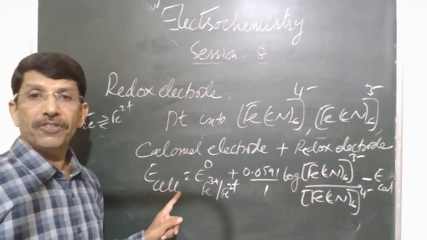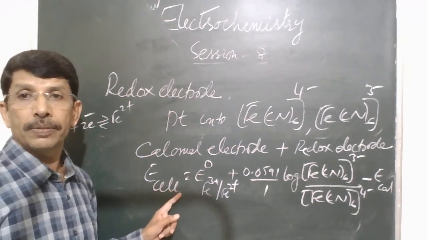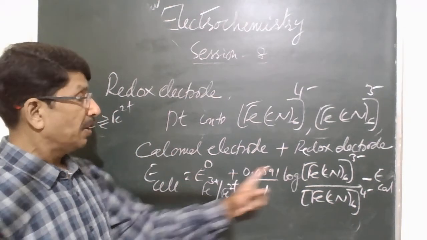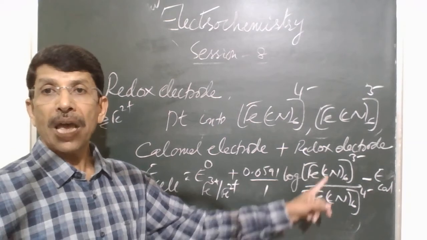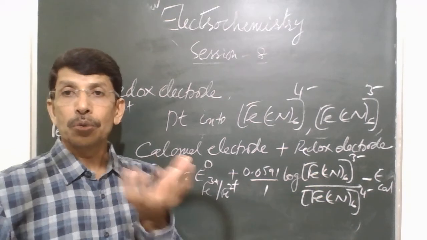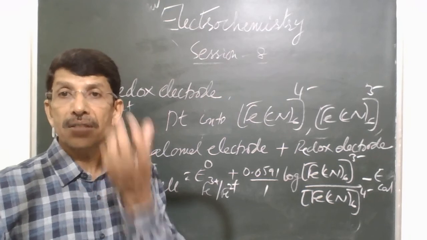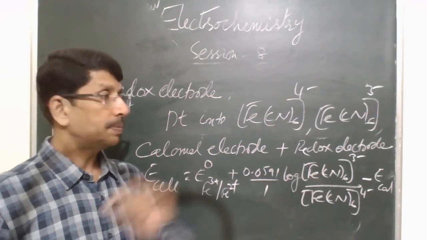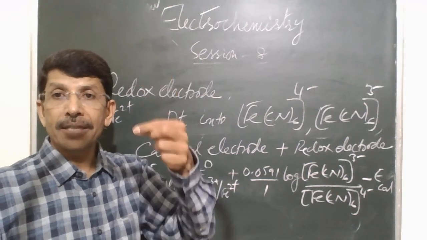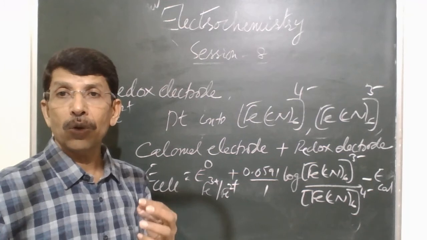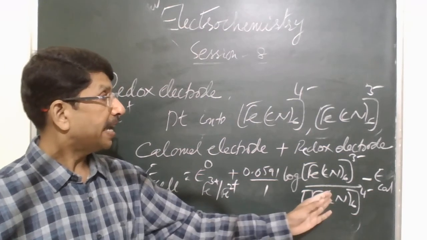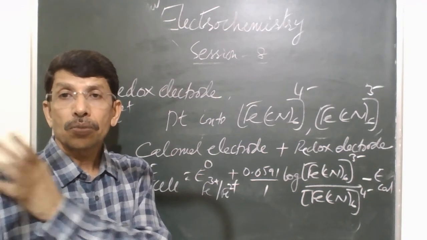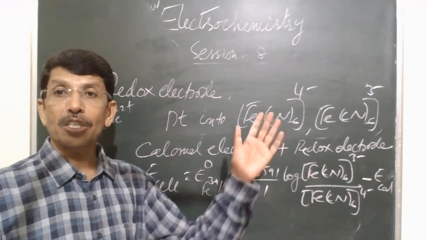So this is the expression for EMF of this cell, made up of a redox electrode and a calomel electrode. So when you look at this expression, we have added a few drops of ferricyanide ion to 20 ml of ferrocyanide ion, whose concentration is to be determined. So we have a ferro system here, and when we add zinc sulfate to the mixture of ferrocyanide and ferricyanide solution, ferrocyanide ions are precipitated as an insoluble complex. So ferrocyanide ion concentration goes on decreasing.